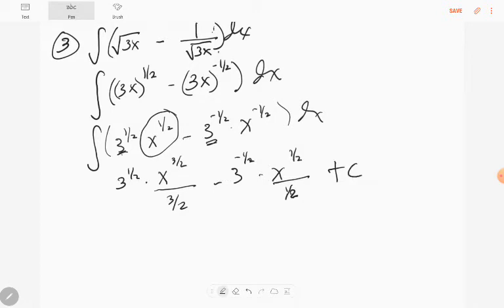Then we need to simplify each. 3 raised to 1 half is actually square root of 3, right? And then you get this reciprocal. This is 2 over 3